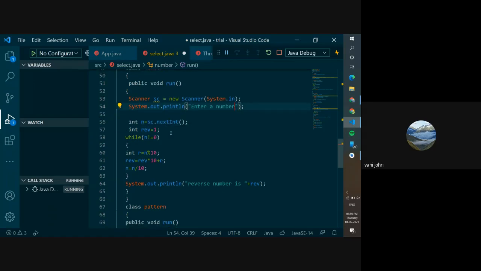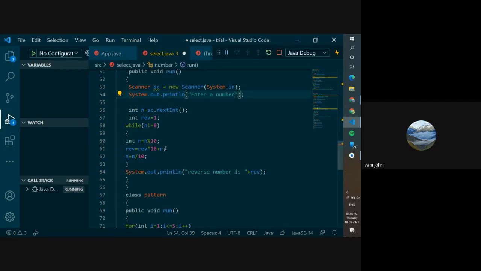Right, and then you did rev equals to 1. While your number is not equals to 0, you did rev is equals to rev. So we did 2 into 10 plus r.